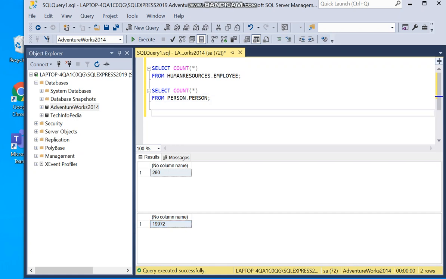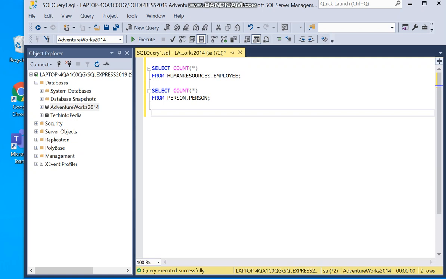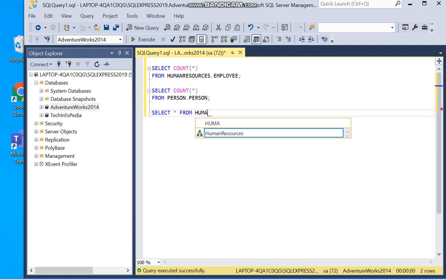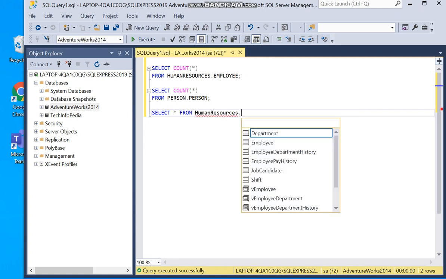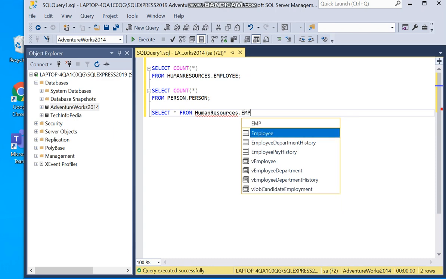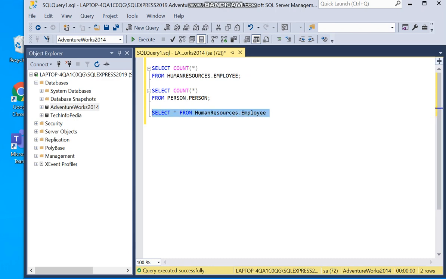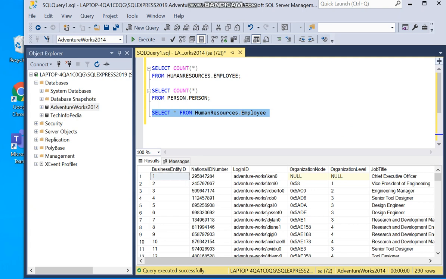Now if we want to check the common column between these two, let's take humanresources.employee. If we execute this query, it shows that it has an id column, business entity id and national identity number.